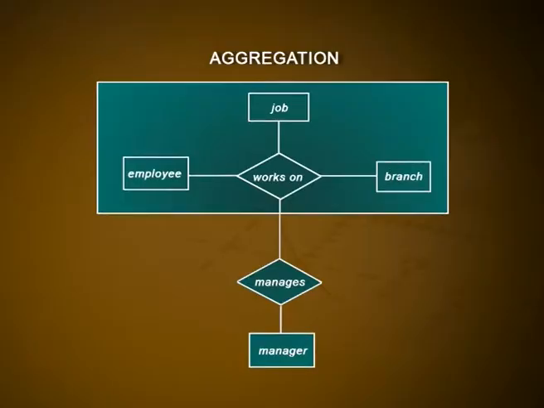Differences between the two approaches may be characterized by their starting point and overall goal. Generalization proceeds from the recognition that a number of entity sets share some common features, such as being described by the same attributes and participating in the same relationship sets. Another important feature is aggregation, an abstraction in which relationship sets along with their associated entity sets are treated as higher level entity sets and can participate in relationships. An example for aggregation is shown in the figure.